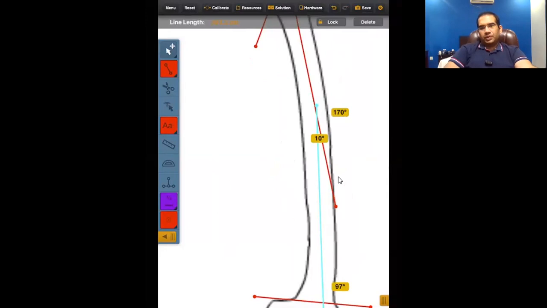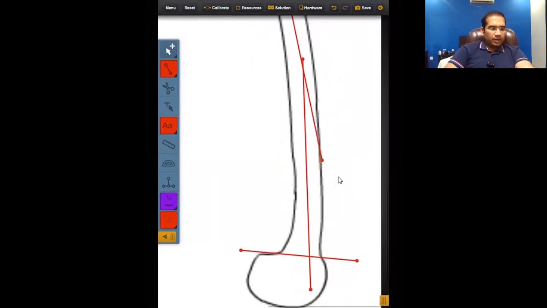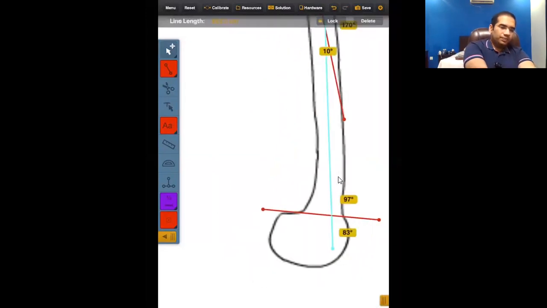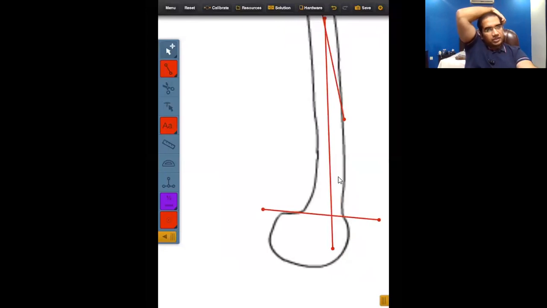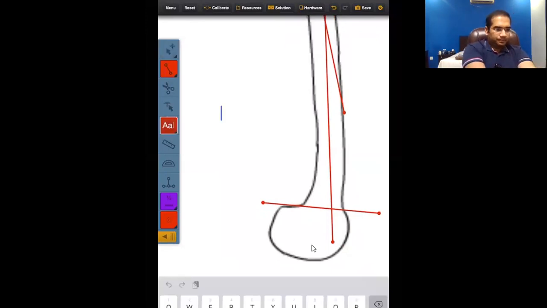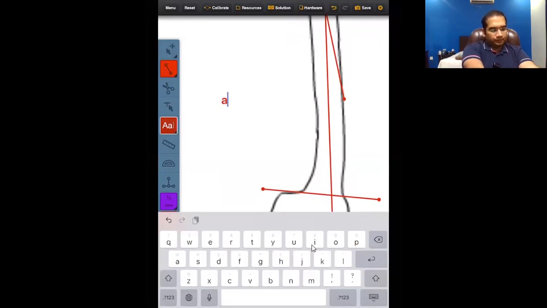It is also called the mid-diaphyseal angle, MDA, and it is usually from 5 degrees to 10 degrees. Coming to the most important part in the sagittal plane is this angle, the reference angle of the distal femur. As you can appreciate here, the posterior angle is lesser than the anterior angle. This is the acute angle, so we will be taking this angle as our reference. Again, the anatomical posterior distal femoral angle.